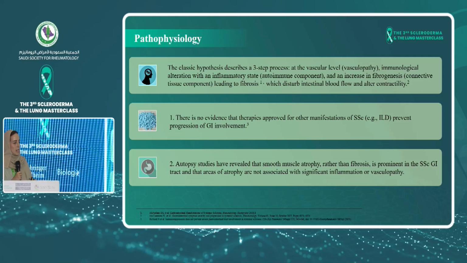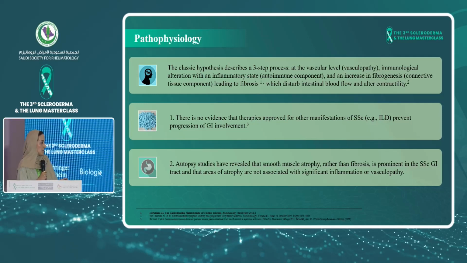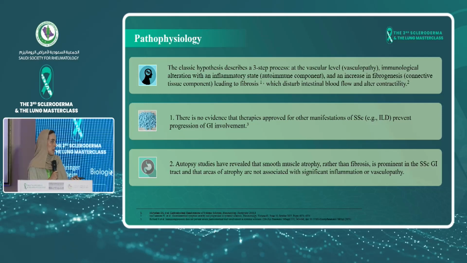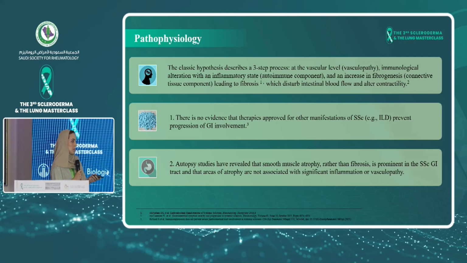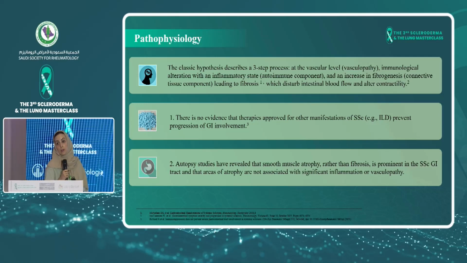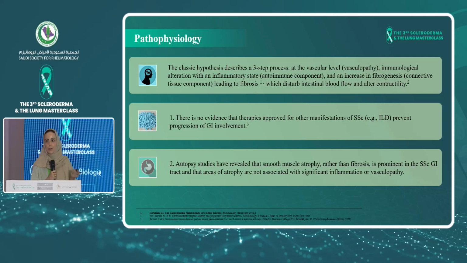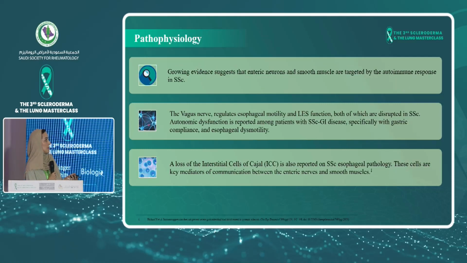And the other point, which is major, is that autopsy studies have revealed that smooth muscle atrophy rather than fibrosis was prominent in the systemic sclerosis GI tract. These areas of atrophy were not associated with significant inflammation or vasculopathy, which totally goes against the theory. And that might be the reason why there are no good treatments for GI manifestation in systemic sclerosis. So now the growing evidence suggests that the enteric nervous system is the one being attacked by